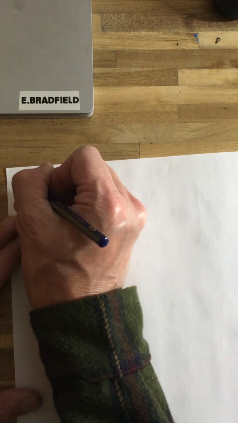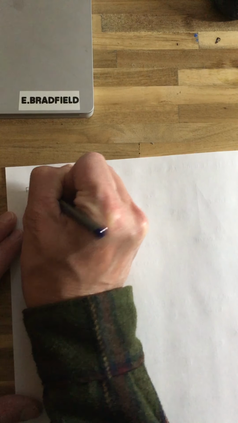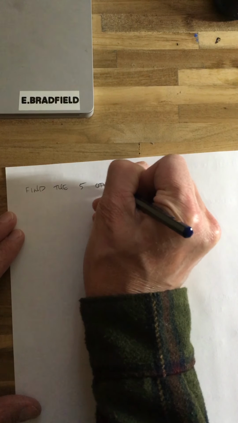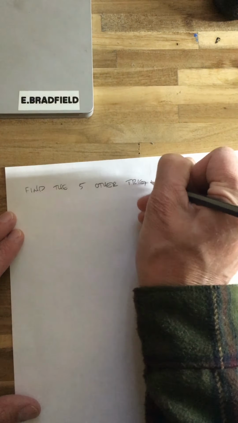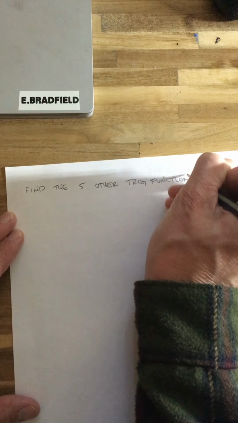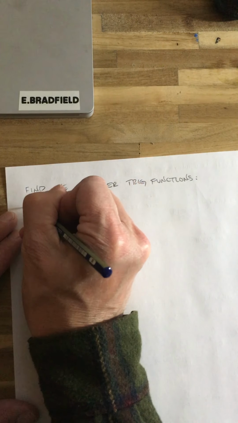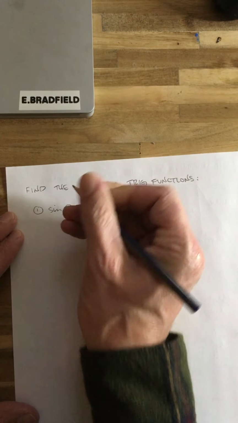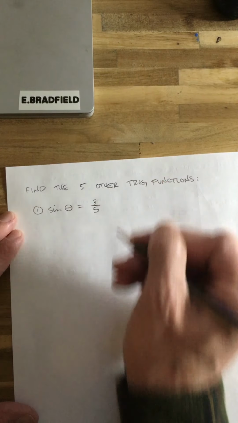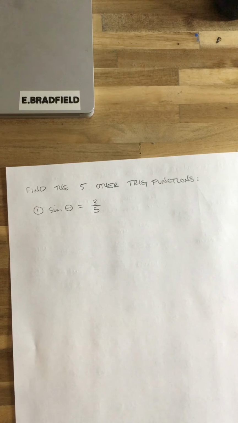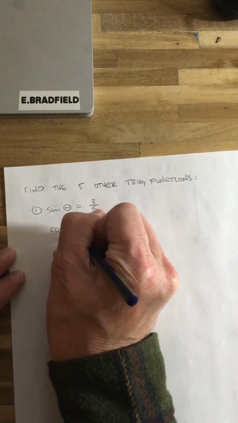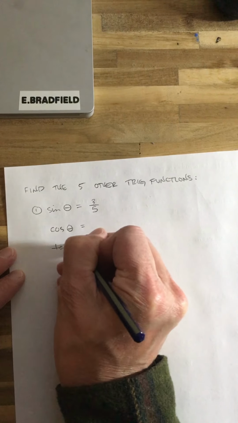All right, let's do another one. Let's try to find the 5 other trig functions. If I give you something like this, the sine of theta is equal to 3/5, can you find the cosine of theta, the tangent of theta,